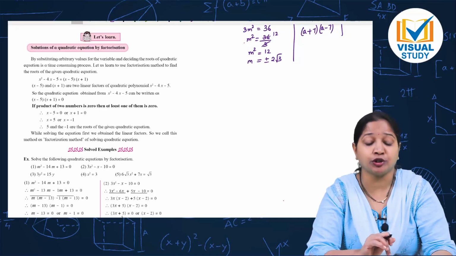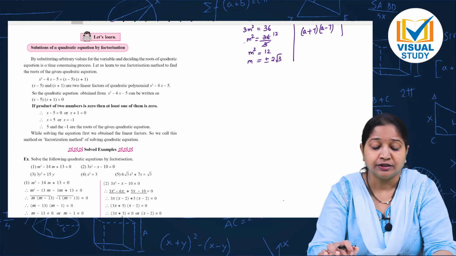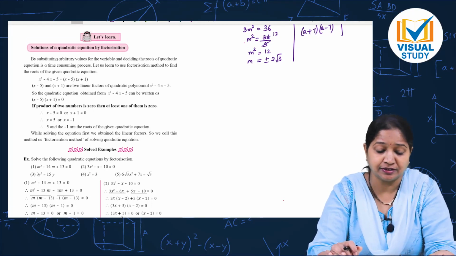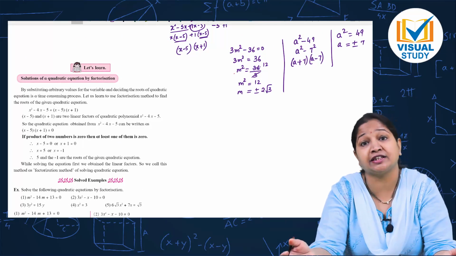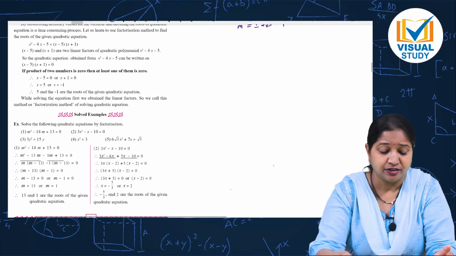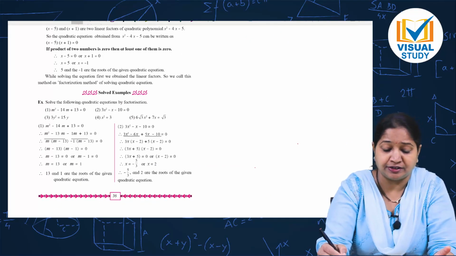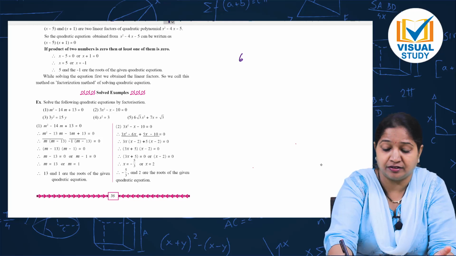That means if the product of two numbers is 0, then at least one of them is 0. So you are going to get here x equal to 7 or x equal to minus 7. One more sum it is here. 6